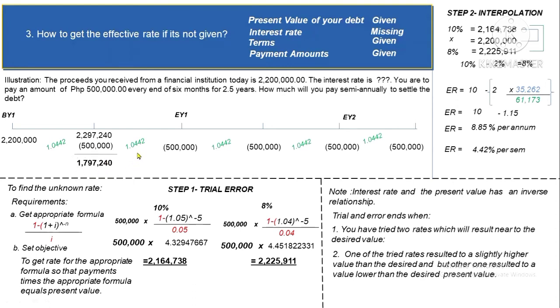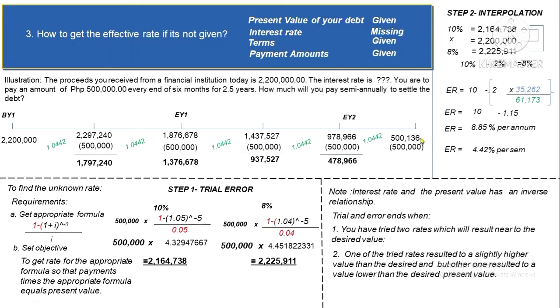Now you multiply that again with 1.0442, that gives 1,876,678 minus 500,000, we have 1,376,678 times 1.0442 again, then you are gonna have 1,437,527 minus 500,000, that is 937,527 times 1.0442 again, then you're gonna have 978,966 minus your fourth payment, we have 478,966 times 1.0442, you will have